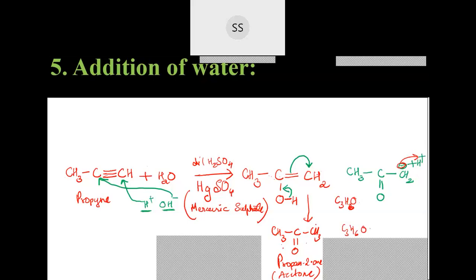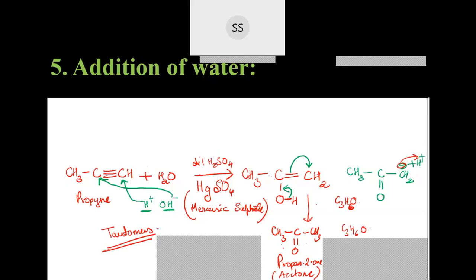Same molecular formula. But what is the difference you are finding? The difference is in the connectivity of atoms. This hydrogen has just shifted itself to the other position. So that is the difference. Such compounds are called tautomers. And the process of them shifting over here is called tautomerism. The phenomenon which took place over here is called tautomerism.